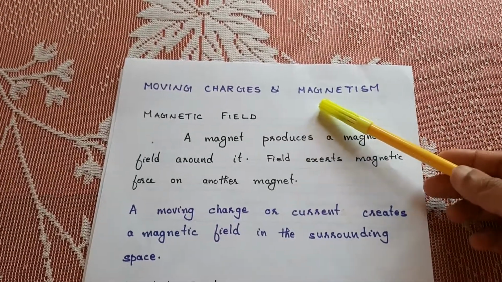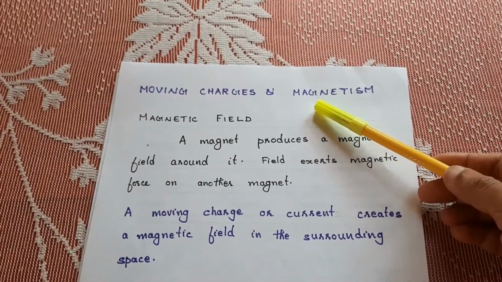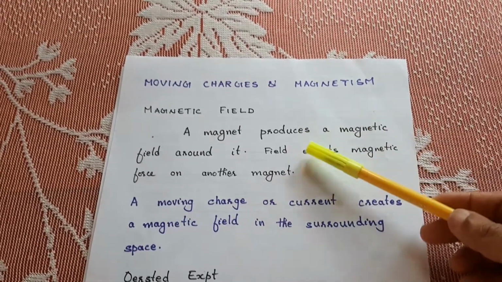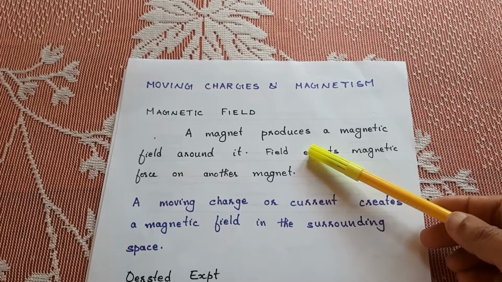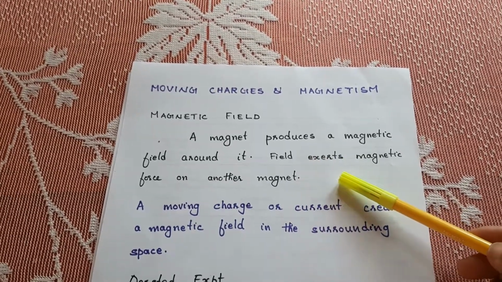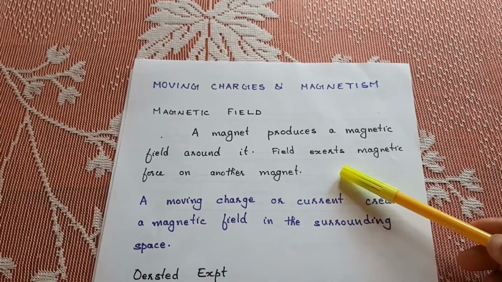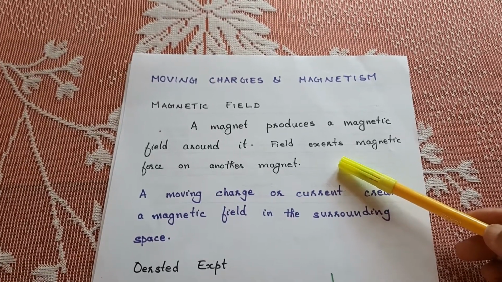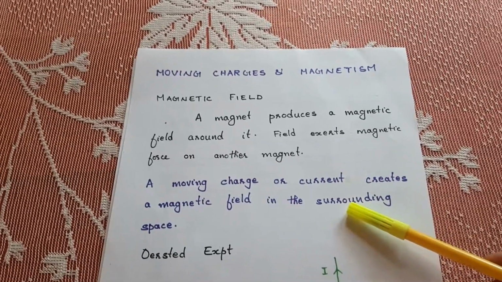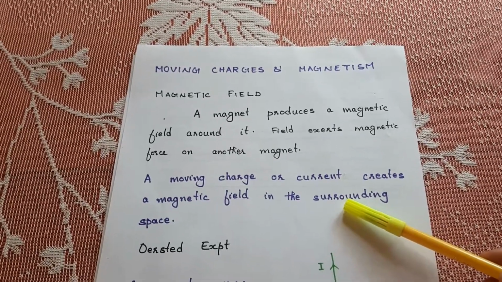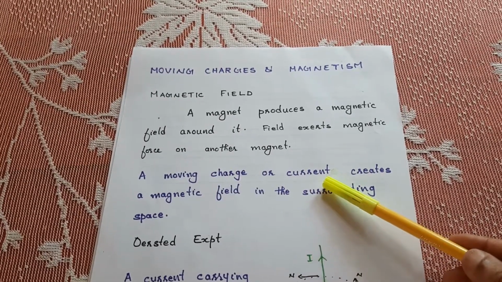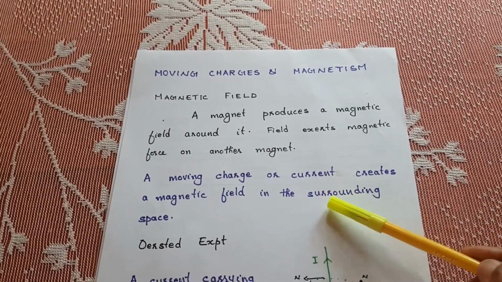In this class, let us learn about moving charges and magnetism. We learned that a magnet produces a magnetic field around it, and this field exerts magnetic force on another magnet. In 1820, the Danish physicist Christian Ørsted found that a moving charge or a current-carrying conductor creates a magnetic field